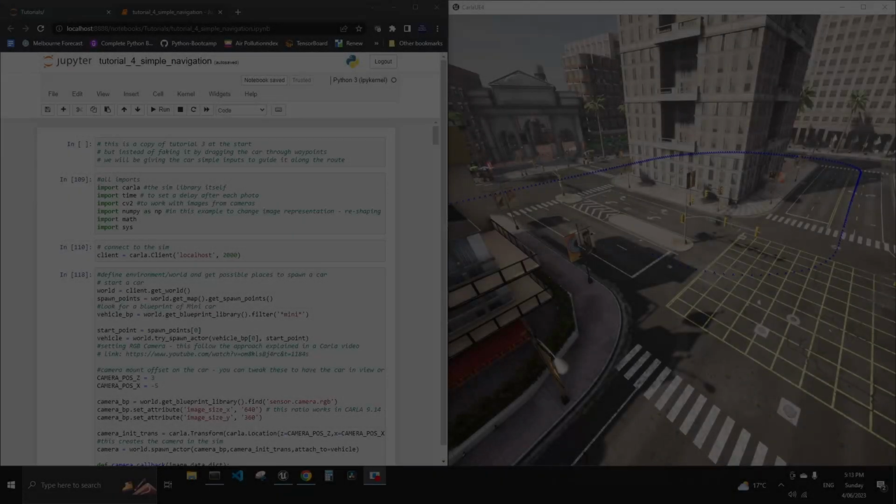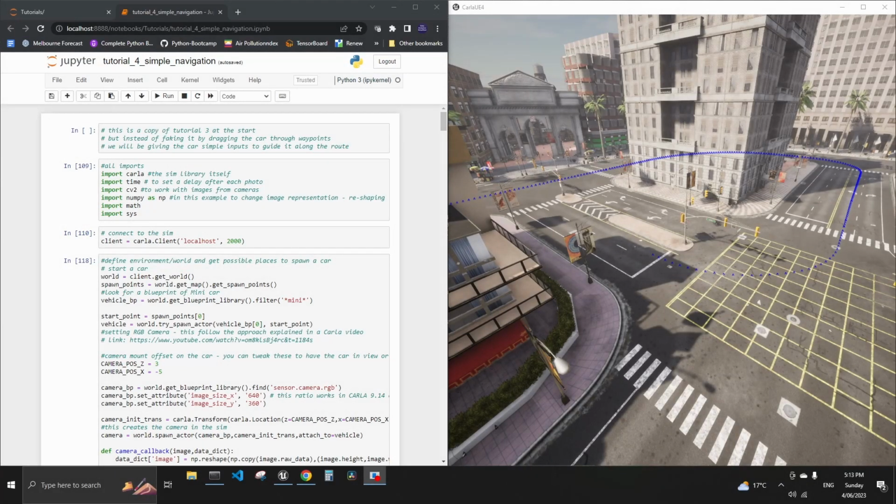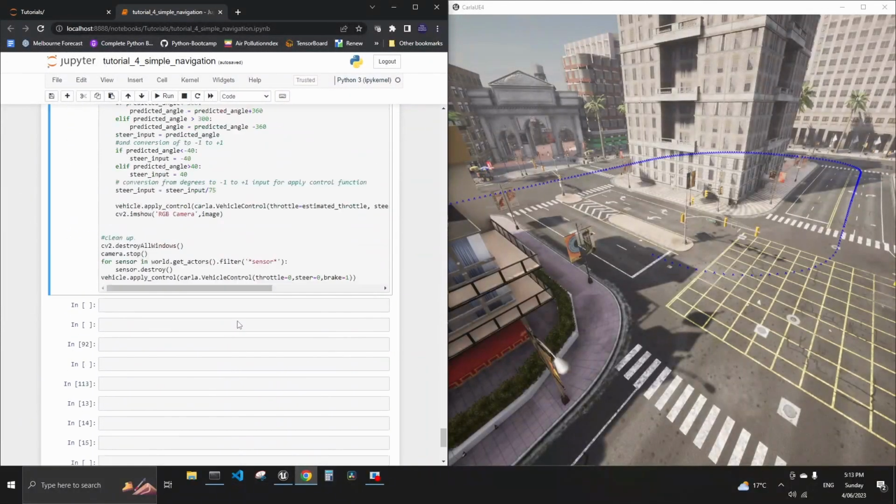Hello everyone, exciting step. As you know, we're going through a build of a self-driving car in very small increments. So we're truly biting the elephant one very small chunk at a time. Today we're talking about steering. And if you open my tutorial 4 in my GitHub repository and you scroll to the very end, the final